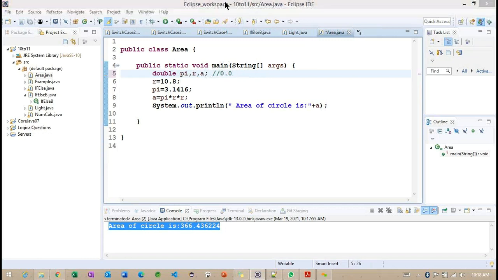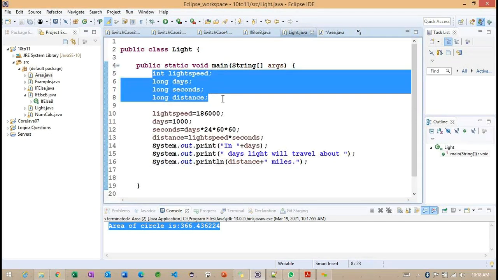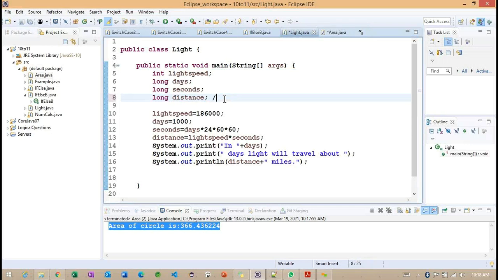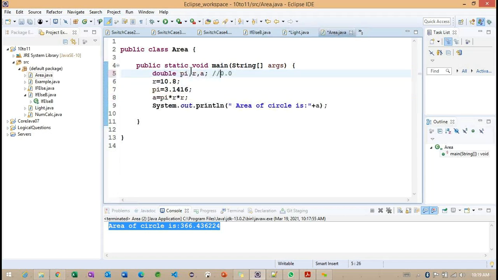And what about this particular integer data type here? We define 4 variables here. And what are the default values we are going to get for each variable here? 0. For all these 4 variables, we are going to have 0 as the default value. And when we go to the other data type, that is double, we will have the default value 0.0. So this is very important here.